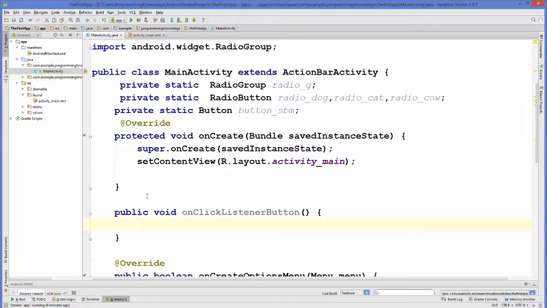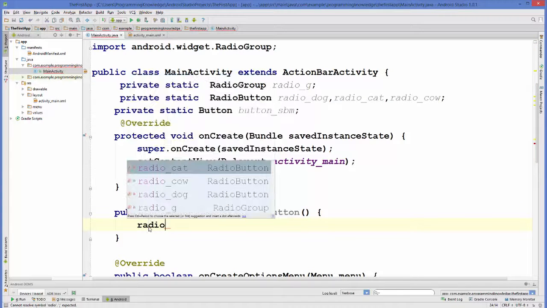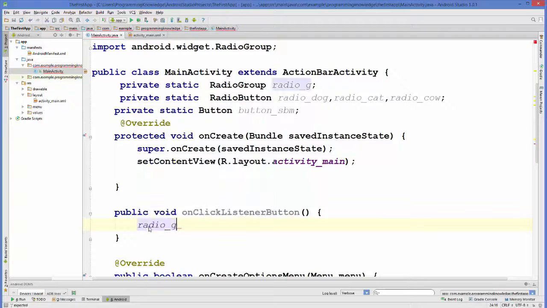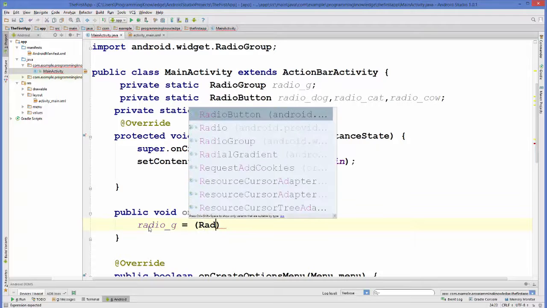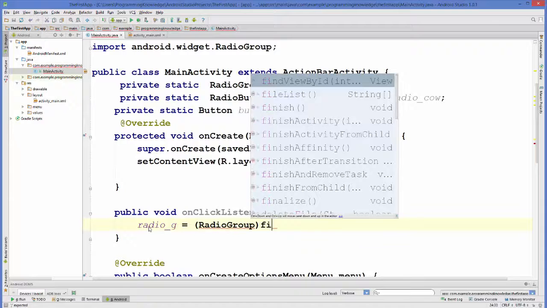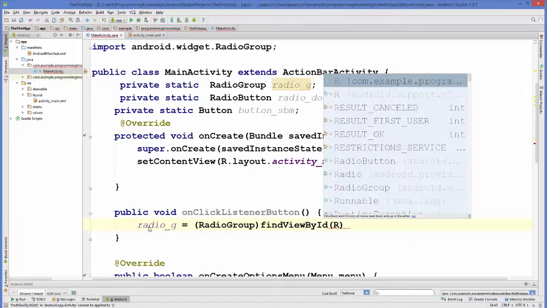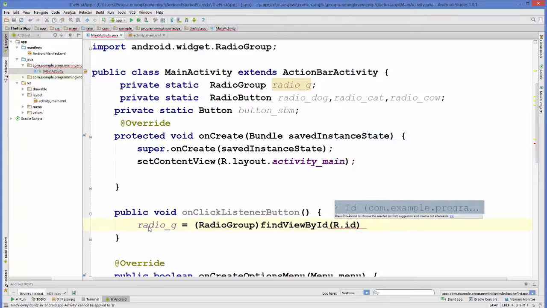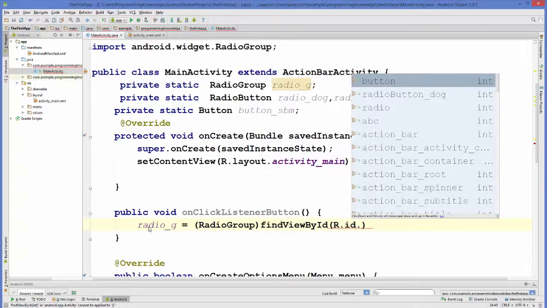And inside this method, what we are going to do is cast our radio group first. Okay, so in here, radio_g for radio group is equal to, in the bracket, RadioGroup, and we will find it by ID. So findViewById(R.id.radio_group), right? So the name of our radio group was,